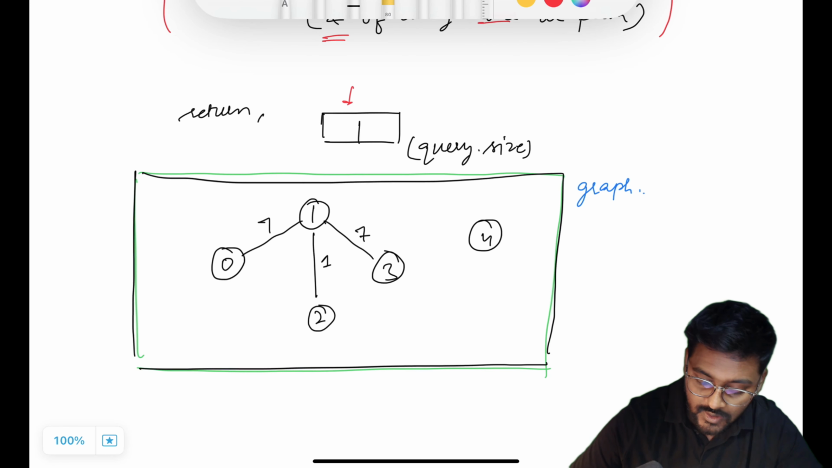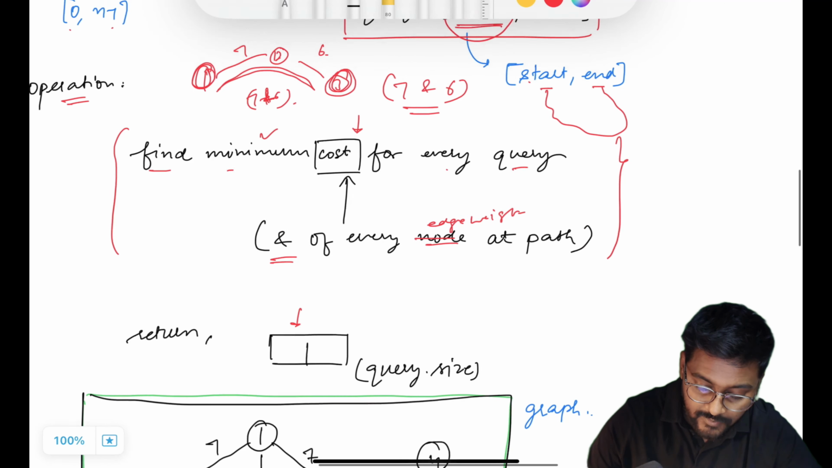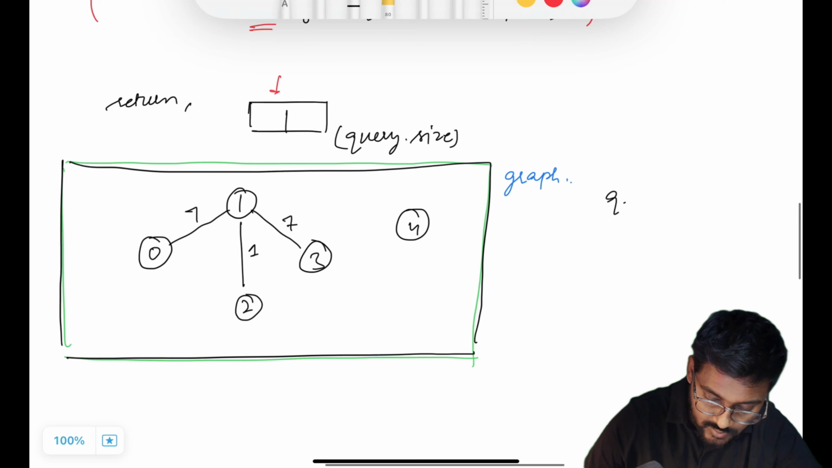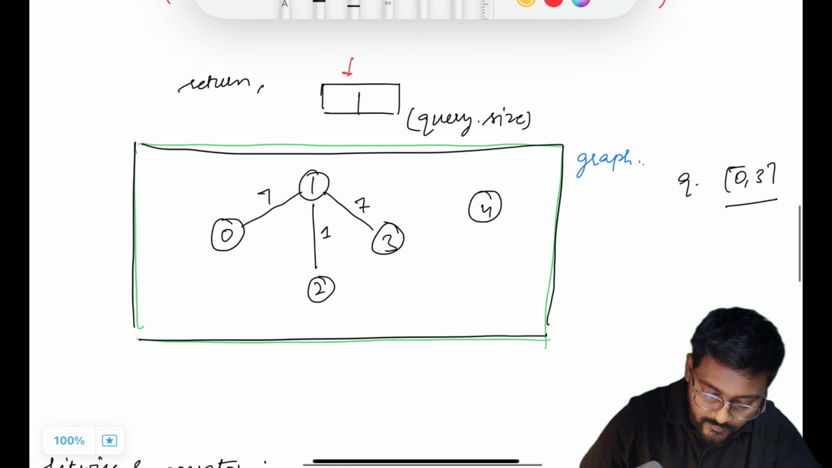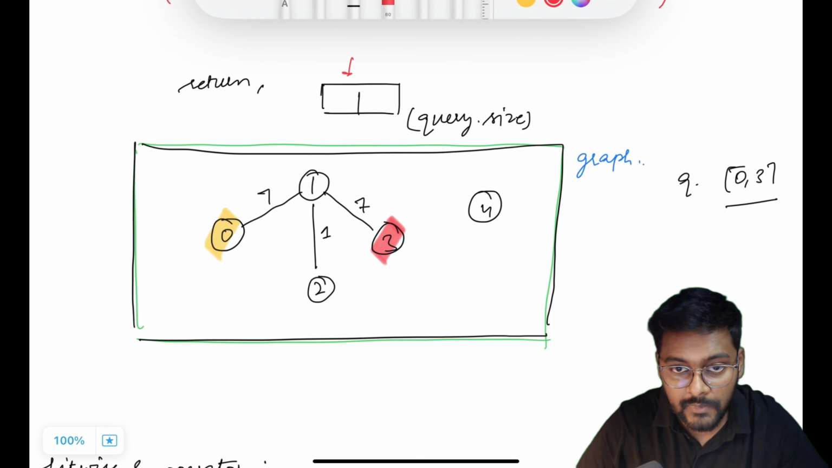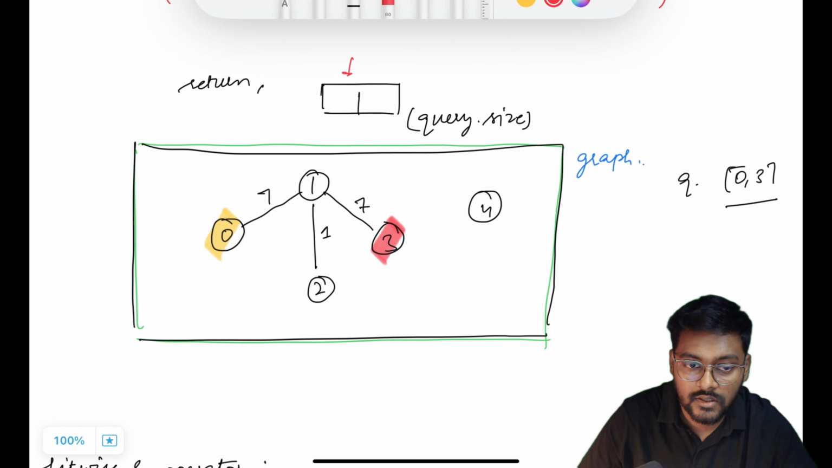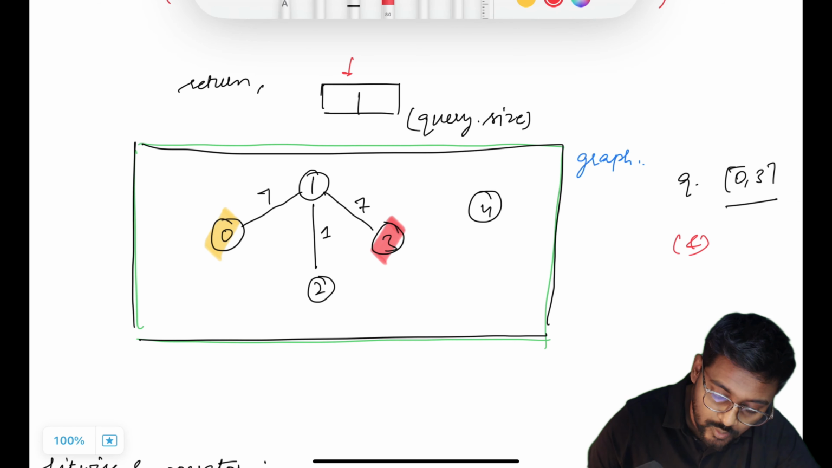And from this graph, what we have to figure out is we will be given a query. Let's say just pick the first query. First query is 0, 3. So we have to start from 0 and go till 3. And what we have to figure out is the minimum cost over that path. And cost is the bitwise AND of all the edges